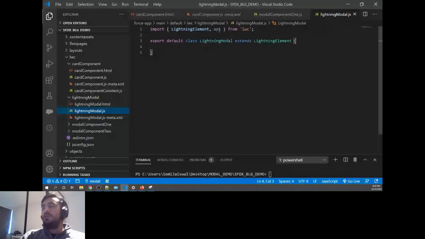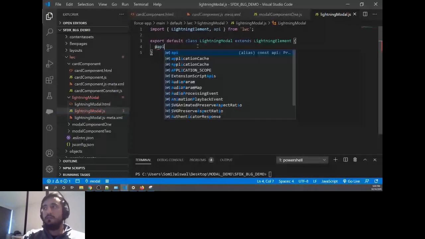If you create a variable inside a component with @api, that variable has the power to listen to the data coming from the parent. So I'll say I want title from the parent, and I want body text from the parent. You can make it body itself, that's fine.